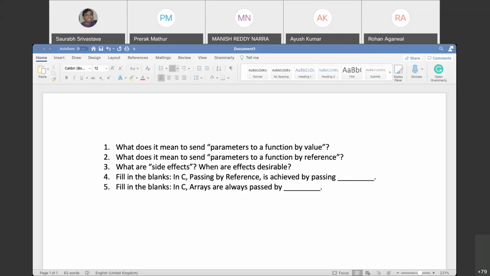Side effects are when we use functions in the code and we don't use their reference but their values. Say we have two functions f and g, and we take the values from the f function into the g function and make some changes to those variables. Those changes will be there only in the function g and will not affect the actual value in the primary function where they were declared.